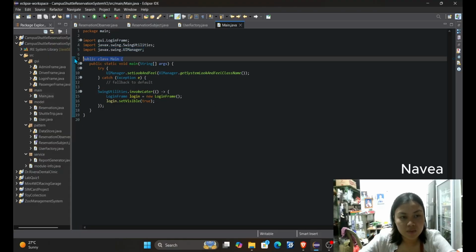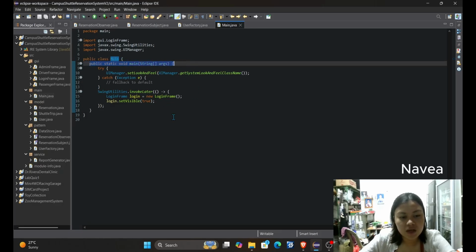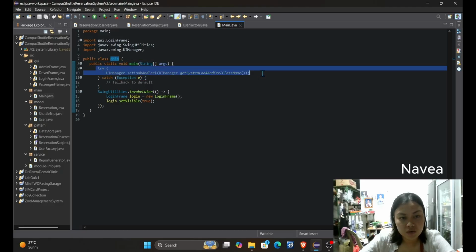Next, we have the public class Main, which declares the main class. This is the class Java looks for when our program is being run. And the public static void main(String[] args) is the standard Java entry point where execution of the entire program begins. And try UIManager.setLookAndFeel attempts to set the application's visual style to match the operating system's native look.